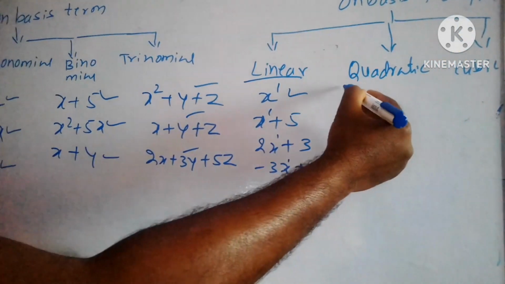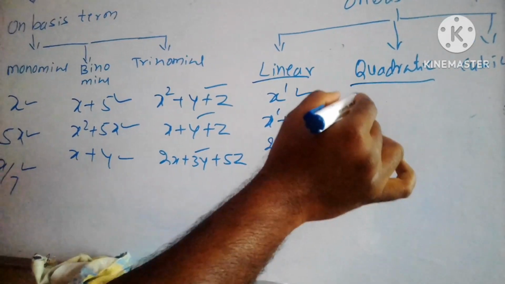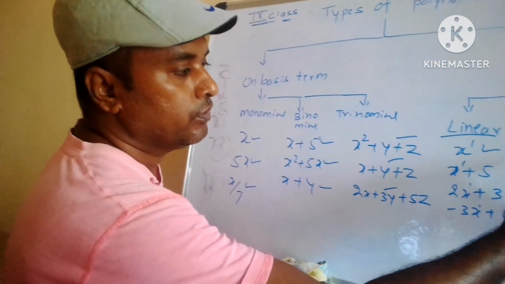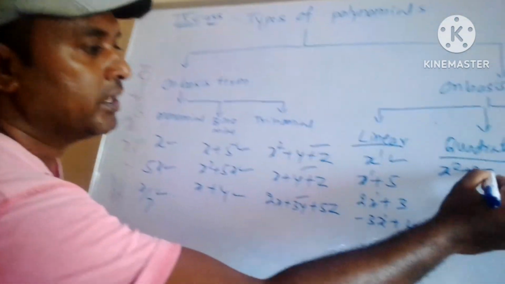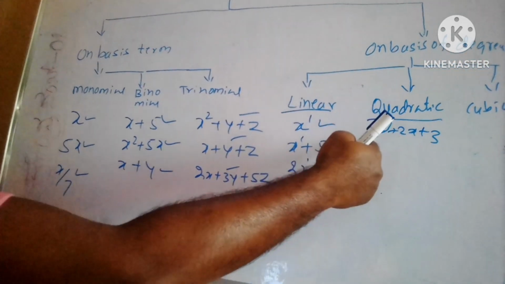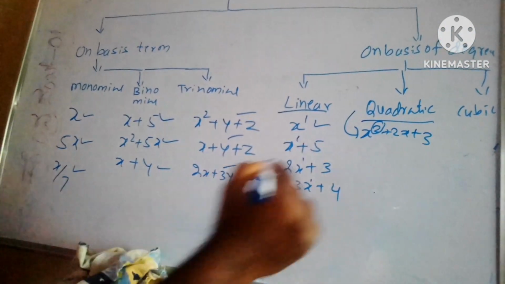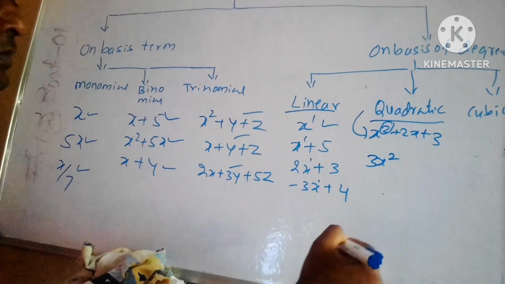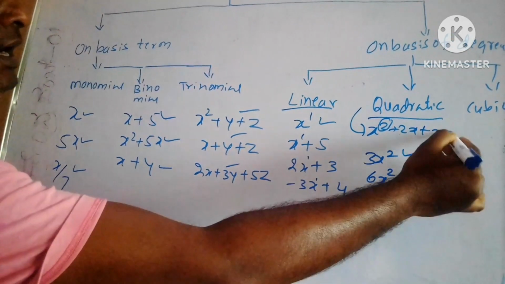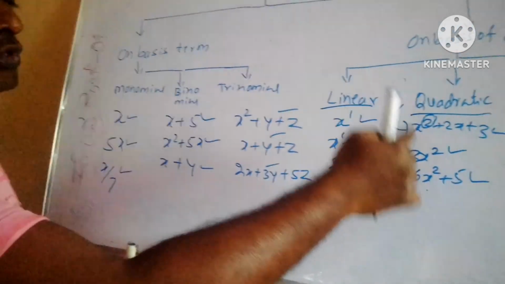Next one, quadratic polynomial. Quadratic polynomials are those having the highest power of the variable as 2: x square plus 2x plus 3. Here the variable has degree 2. Therefore such polynomials are quadratic. 3x square, 6x square plus 5. All these are quadratic polynomials. Means the variable should have the